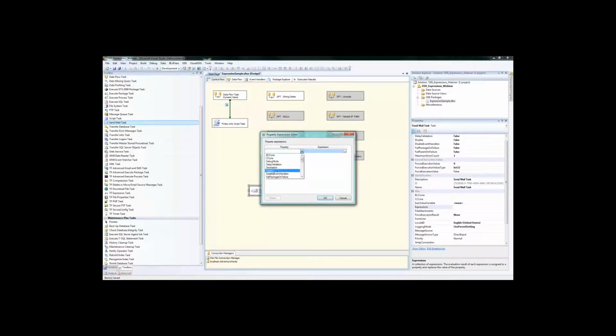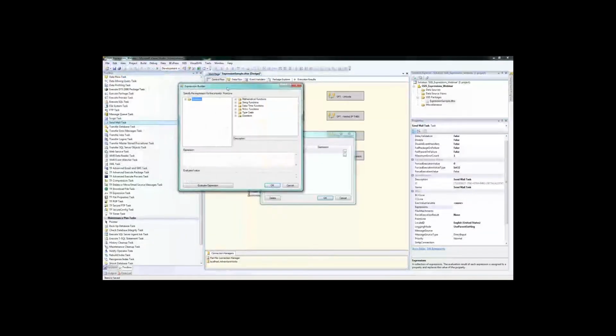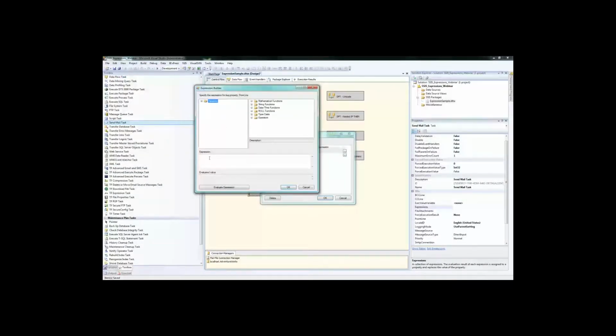So you would come in here and say, look, we want to change the From line. That would be an expression. You click on the ellipsis and pull up the Expression Builder. Now the easiest way to build expressions in SSIS is with the Expression Builder, and if you've done any work, you've probably done that, so you know what that is. Basically this gives you these drop-down variables and various objects that are available for your expression. It gives you the mathematical functions, string functions, these various functions, as well as what I really wanted to talk about first, the typecasts. And SSIS is very,